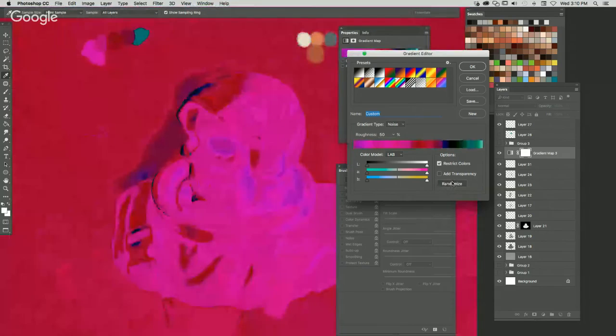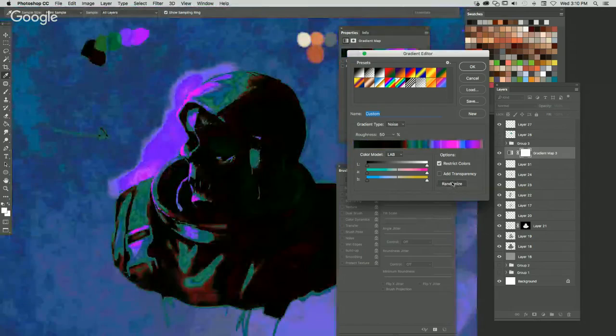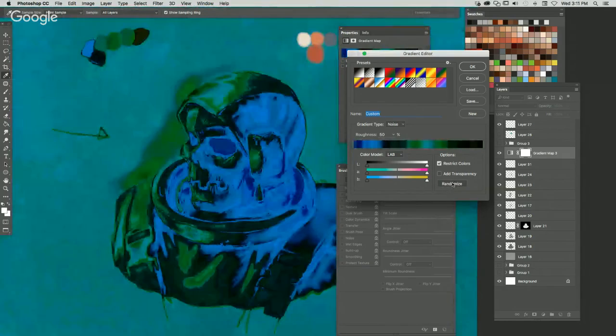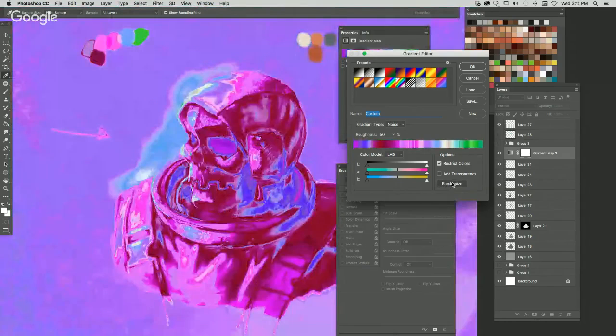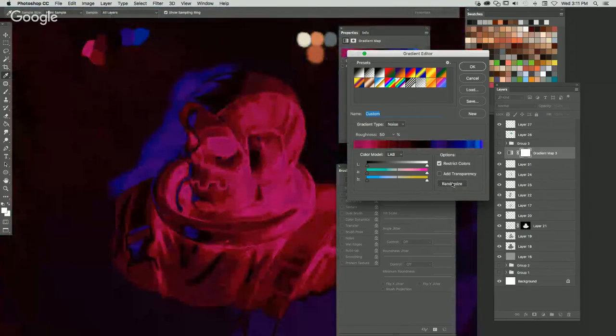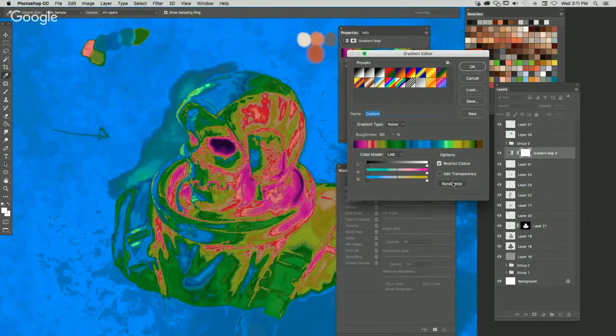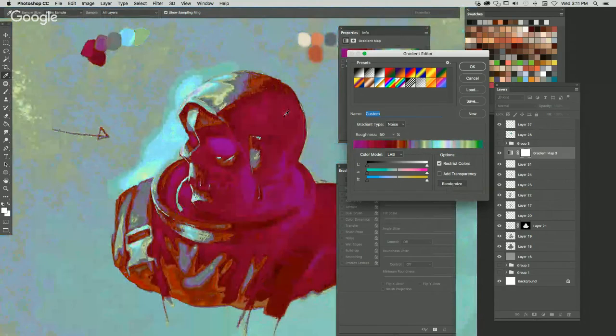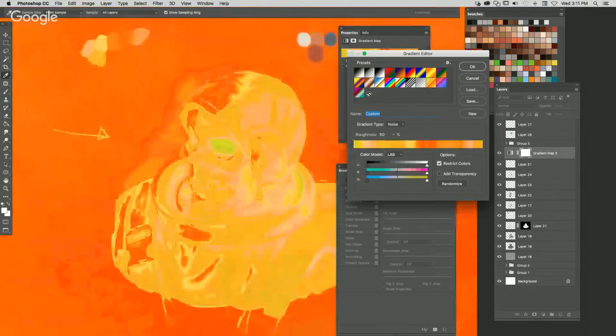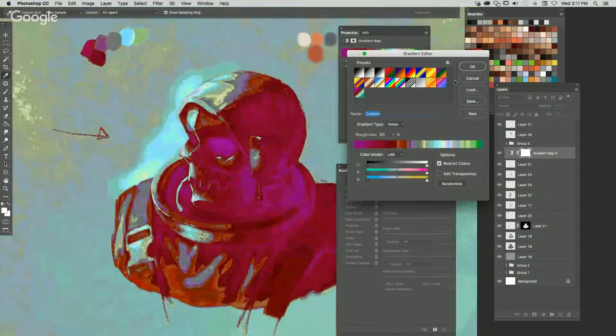And I think you have to go into this knowing that it's not going to be perfect right away. Ooh, that's kind of cool. So I'm looking for something that excites me as an artist when I see these colors, and oh man, I like that. And I think I can work with that further. So let's say this one, and I actually kind of like this one, so I'm going to save it up here. So you can see I have a few that I've saved before. So I really like this.